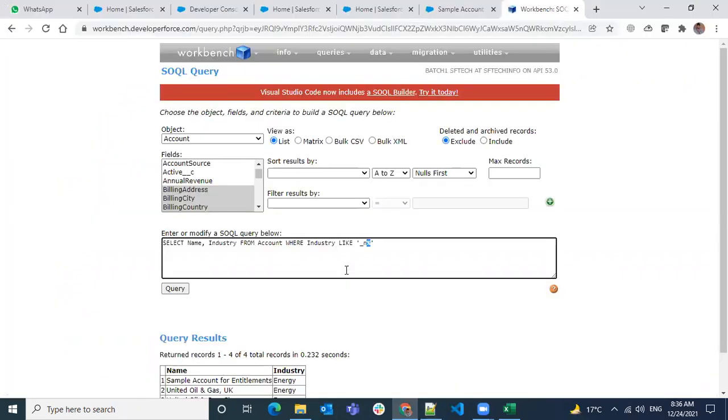Not means, what I can say, if you have one condition and you want to do exactly the opposite, then you will use the not operator.